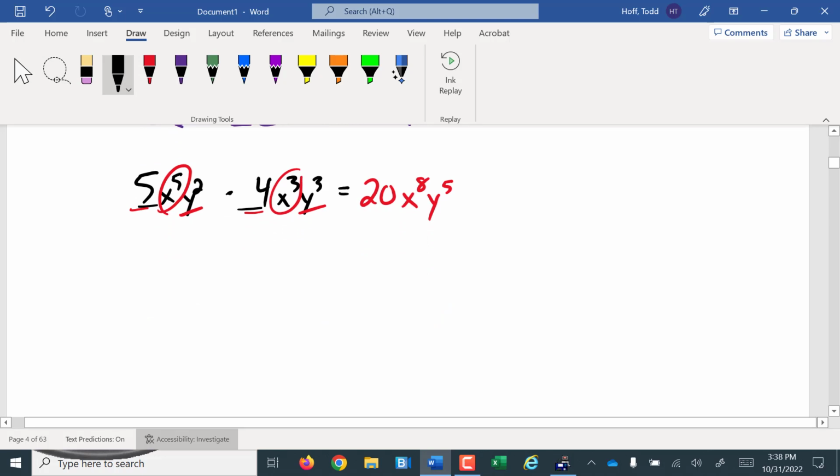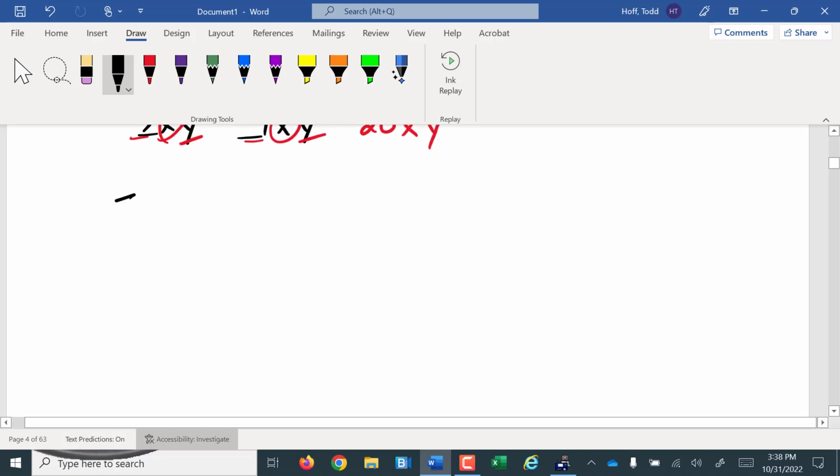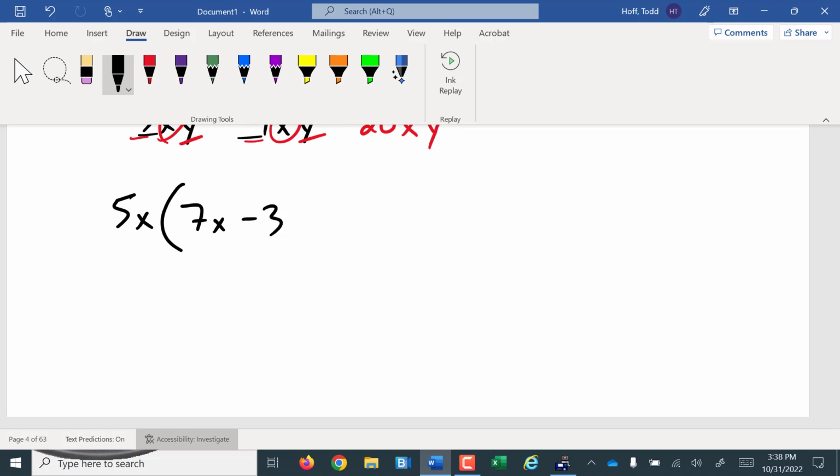Where things differ from what you've seen before is when we hit multiplication with more than single-digit numbers. Things like this. You've been taught a shortcut, which we'll get back to. But if this were numbers, if this were like 3 times 47, we would set it up as 47 times 3. You'd do 3 times 7 and 3 times 4 and go on, right? Well, the same works here. This is 7x